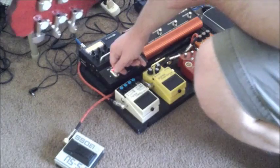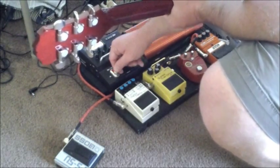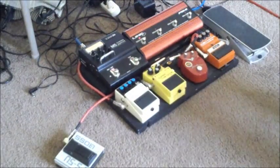And then one of the last things that I'll use this for is just as a solo boost. So it kind of gives you...